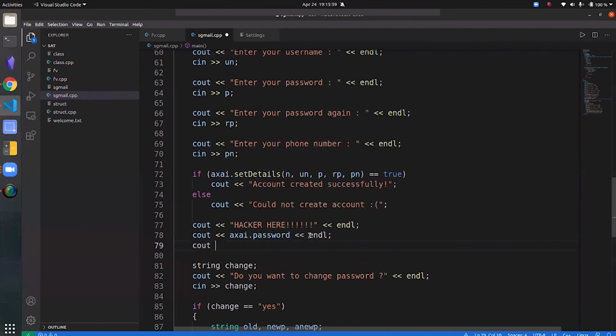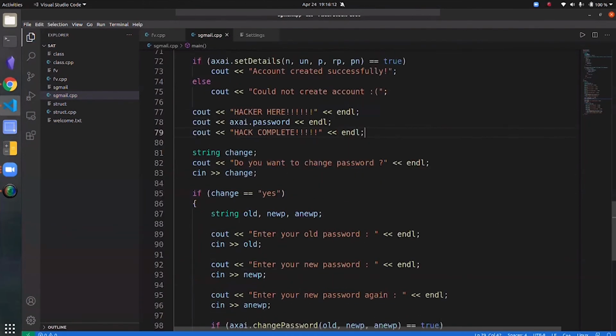Let me print another message here. Okay, so let's see.